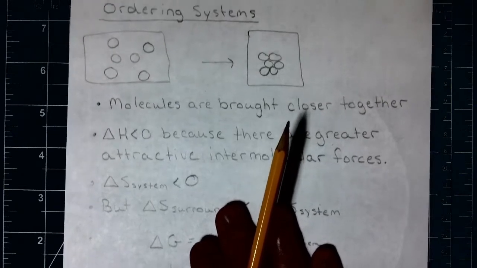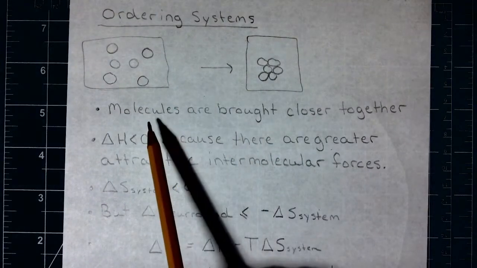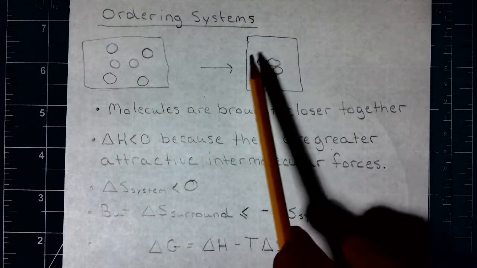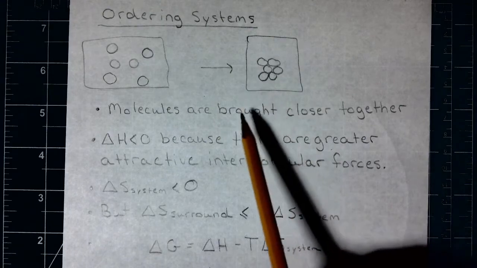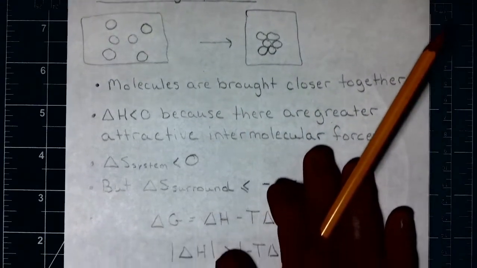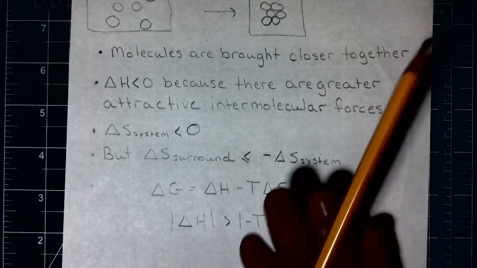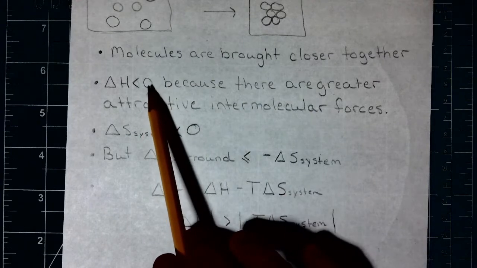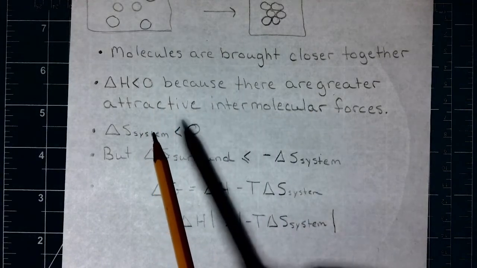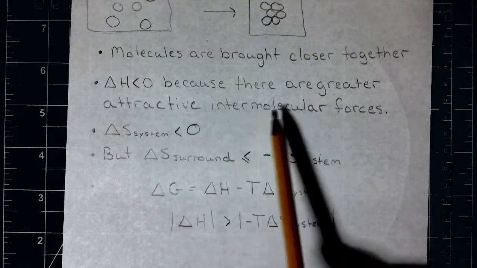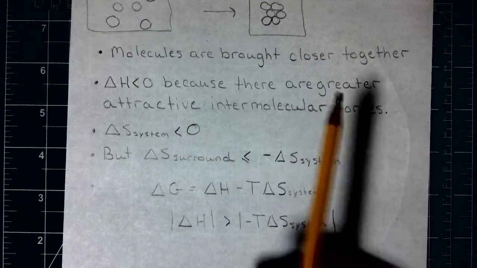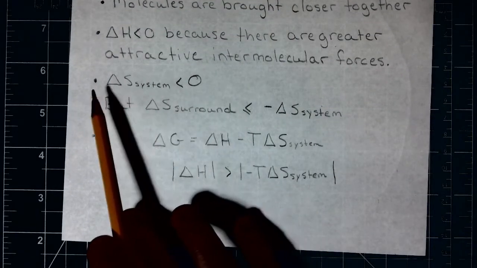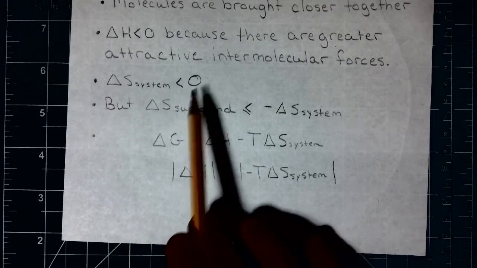On the molecular level, we can look at it like this. Whenever we take a random sampling of molecules and we give them a regular order, we bring them closer together, we've created order. When we have attraction between those molecules, we get a negative enthalpy term because we've increased the attractive intermolecular forces. We've decreased the entropy of the system,